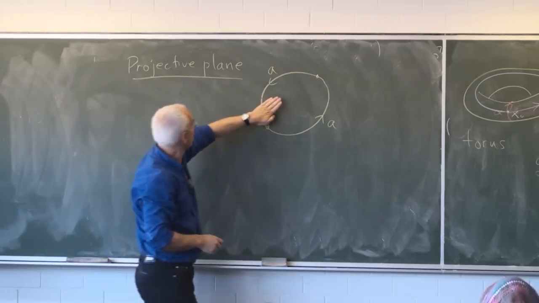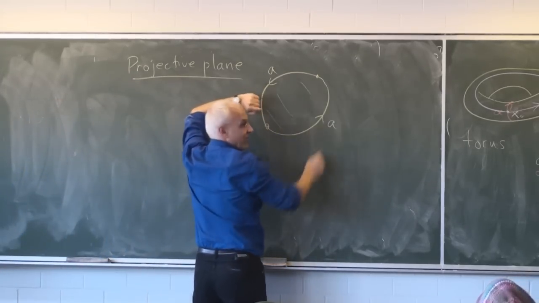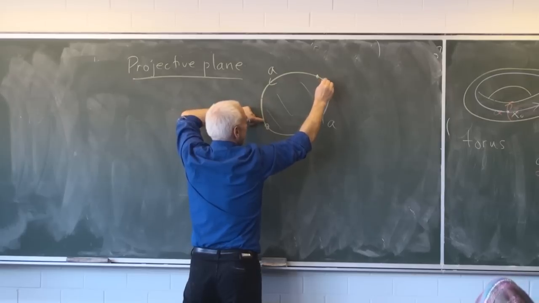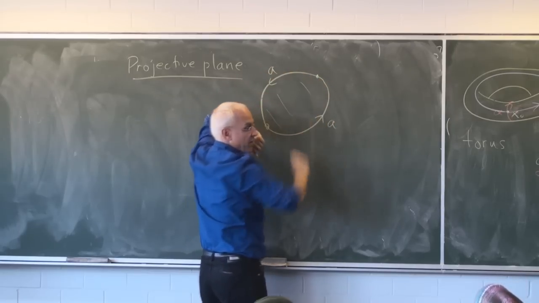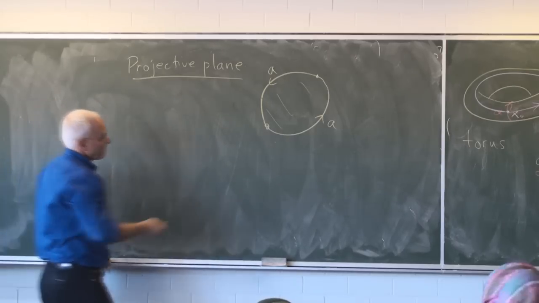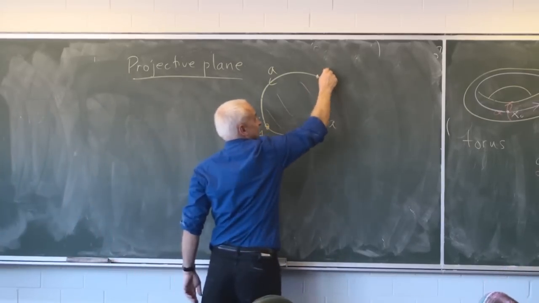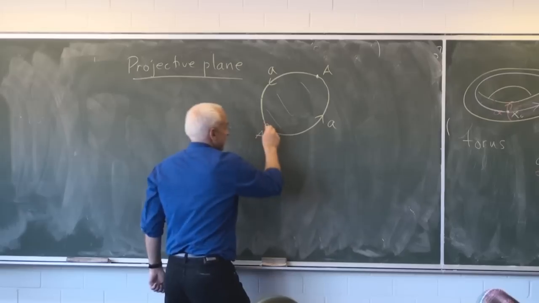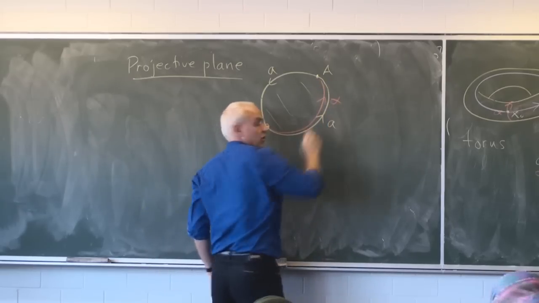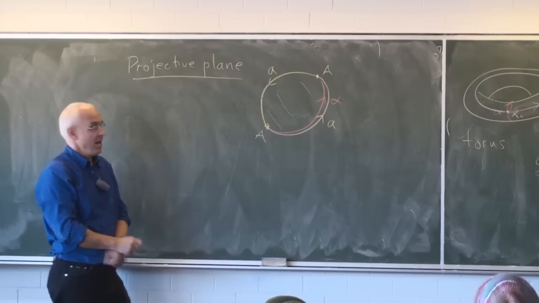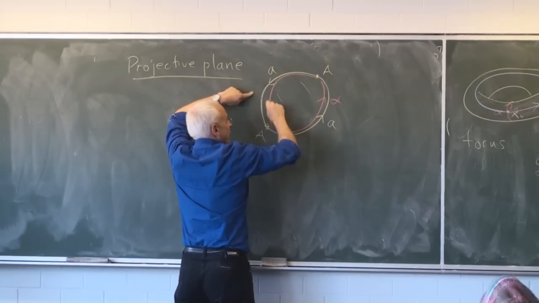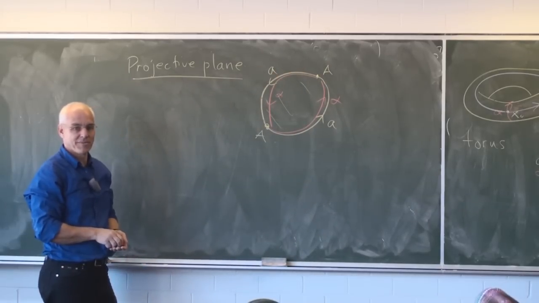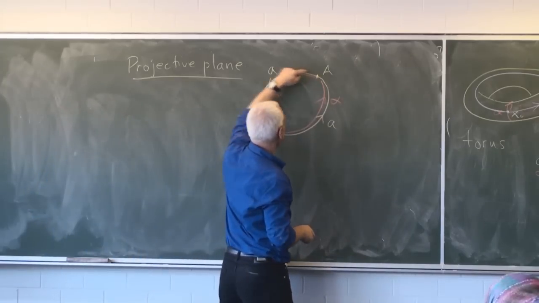So remember, a projective plane can be obtained by taking a disk and gluing the boundary together so that this point is glued to this one, this is to this one, so opposite points are identified. And that means that this point here is actually the same as that point. And just as we did before, that means that this path is actually a loop. And that loop is actually exactly the same as this loop. It should be on the boundary. Those are the same loops because this edge is identified with this edge.